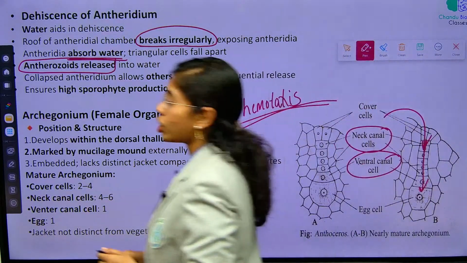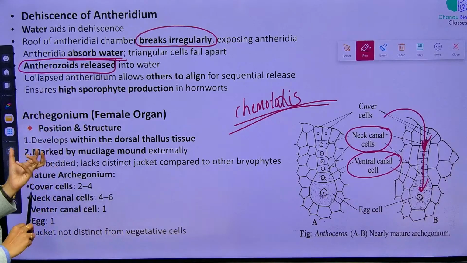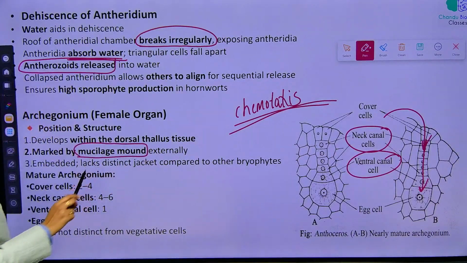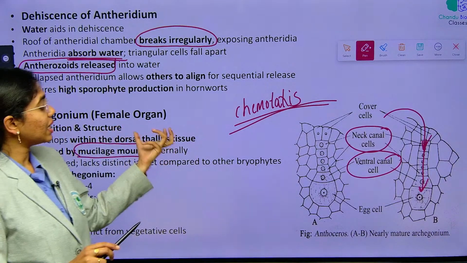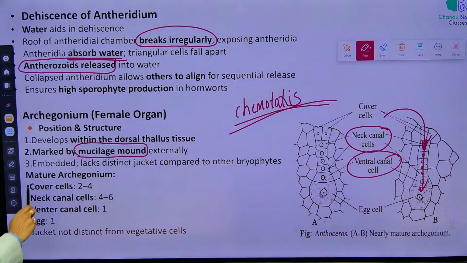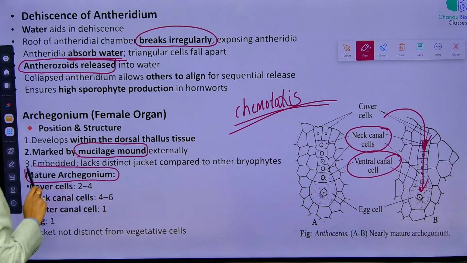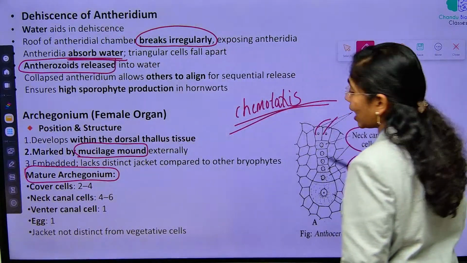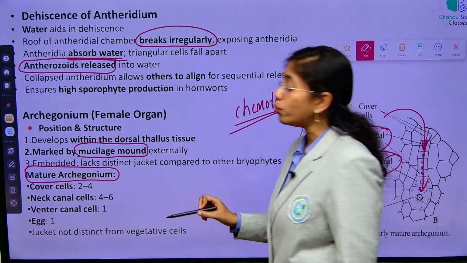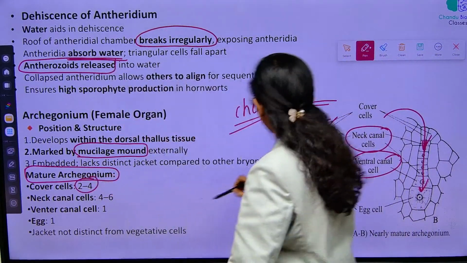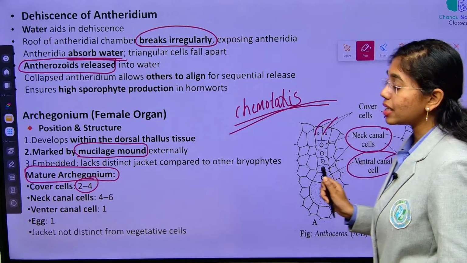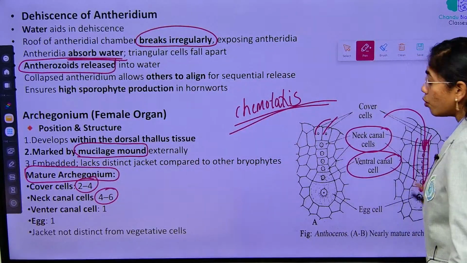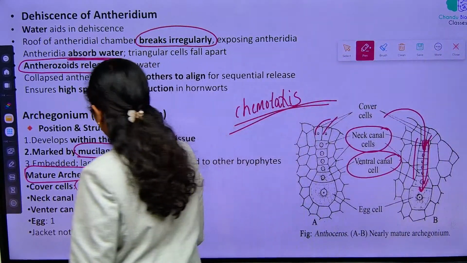So, if you see a mature archegonium, where is it present and what is its structure? It is marked by a mucilage mound externally and it develops within the dorsal thallus tissue. And here in a mature archegonium, the cover cells which cover the neck canal cells and venter canal cell will be 2 to 4. We have 2 to 4 cover cells, followed by how many neck canal cells? 4 to 6 neck canal cells. Okay, 2 to 4 cover cells and then 4 to 6 neck canal cells, and one venter canal cell at